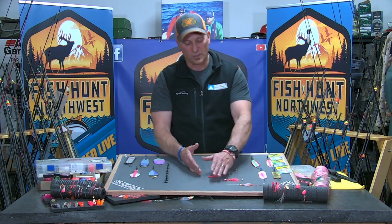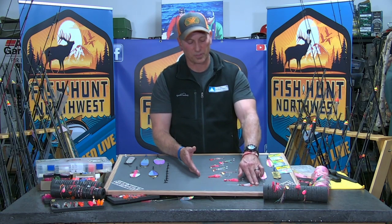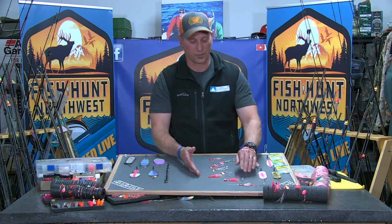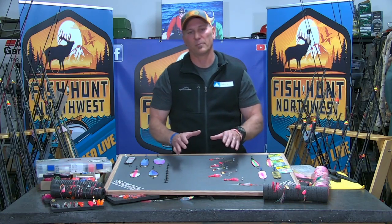Not to mention, you're able to fish that lure time and time again without those small fish wearing out that leader, especially the material in between your hooks if you're using mono, not using braid. That's another topic for another day. As we progress through the morning, and depending on how the bite's going, now keep in mind, if you're fishing